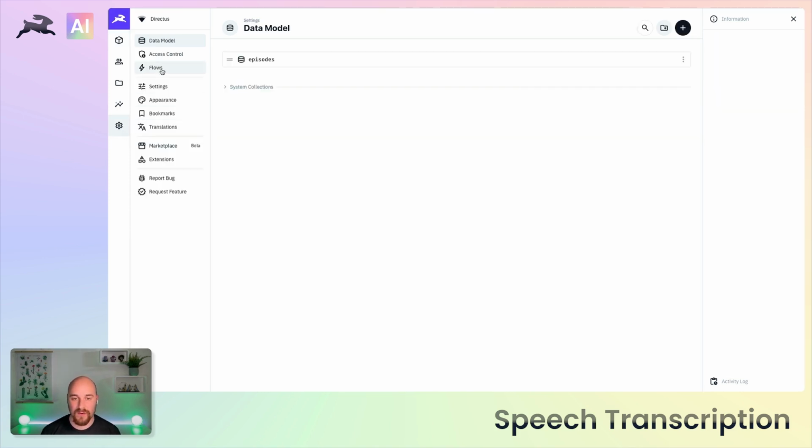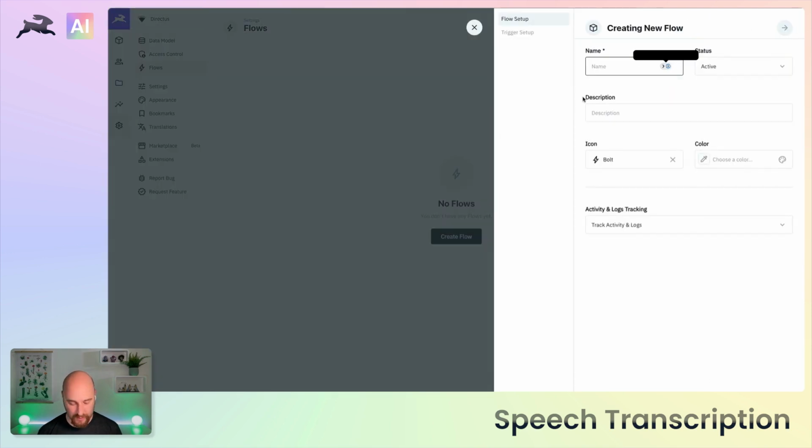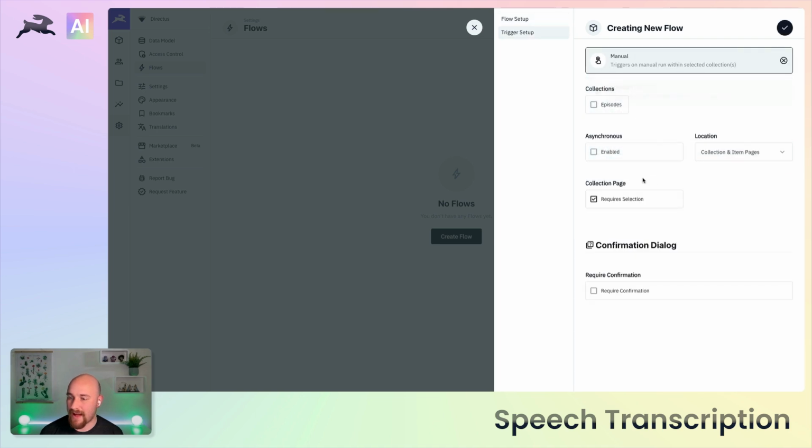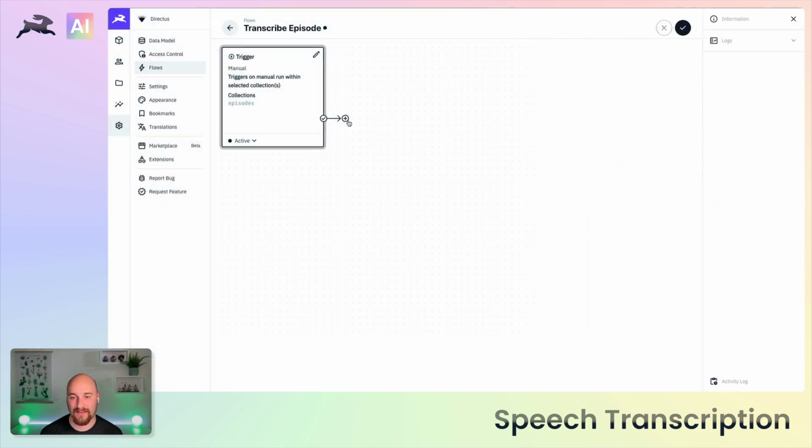So let's head over to flows and create a new one. I'm going to call it transcribe episode. This is going to have a manual trigger on the episodes collection, which means a button will appear in the Directus editor. Now, whenever you trigger this flow, what will get passed into the trigger and into the data chain here is just the ID, and we need the